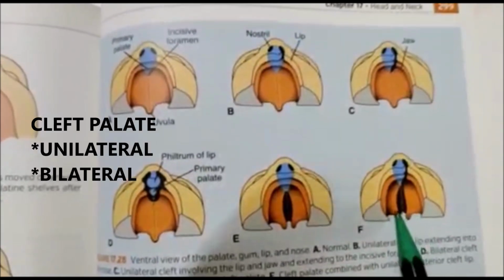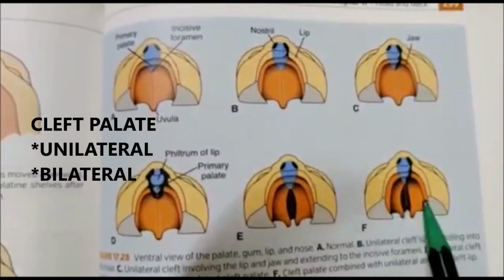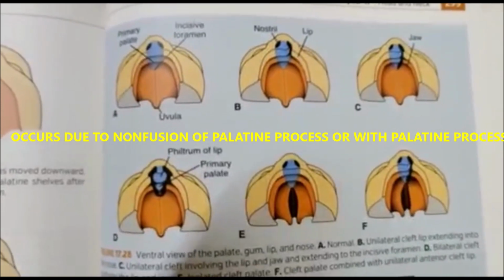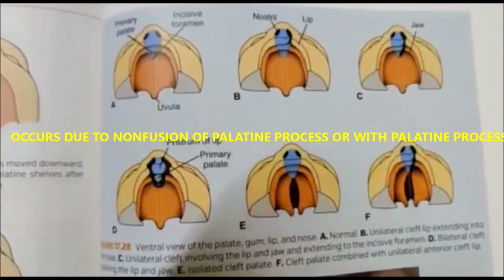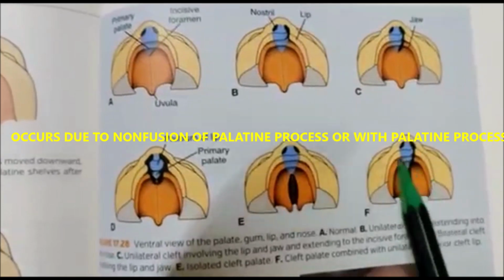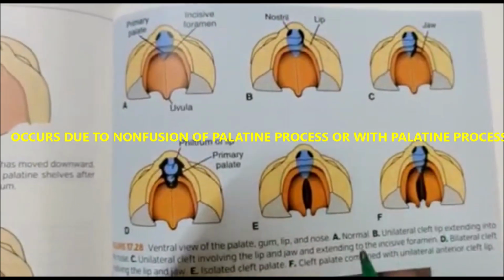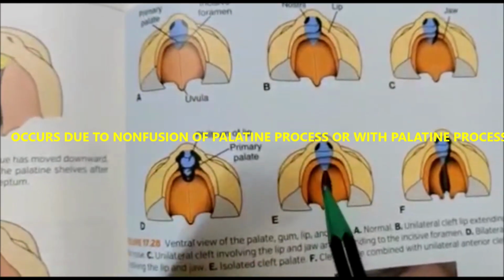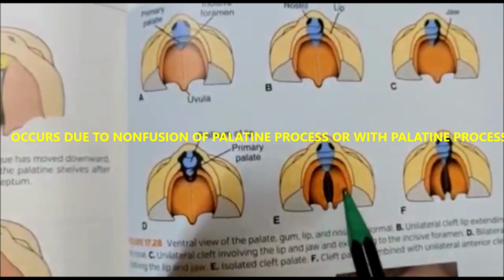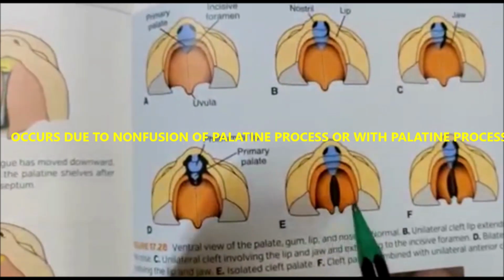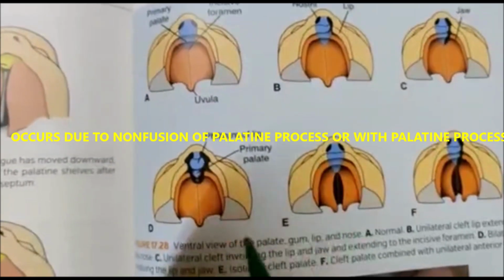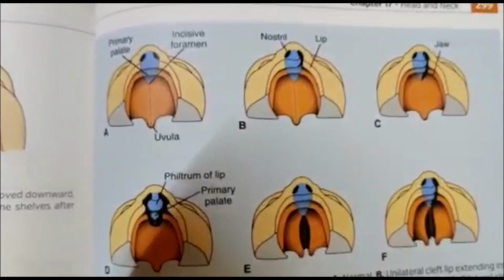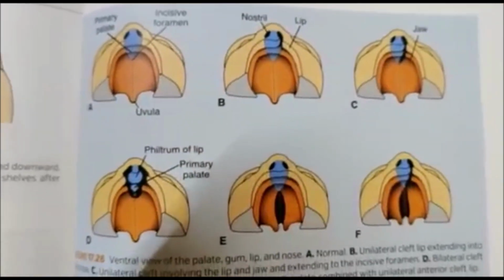Complete cleft palate can be unilateral and generally occurs due to non-fusion of the palatine processes with each other as well as with the primitive palate, and is generally associated with the cleft lip also. It may be unilateral or bilateral, meaning on both sides. An incomplete cleft is only seen in the palate, and it may be seen between the two maxillary processes, in any part of the two maxillary processes, or sometimes it may be just seen as a bifid uvula. Since cleft palate poses functional problems also, it needs early surgical correction.